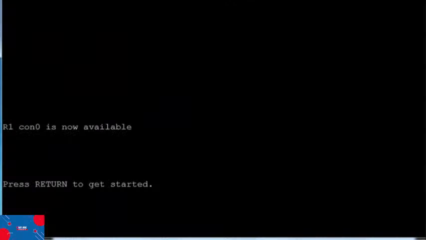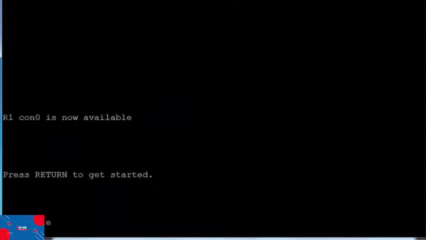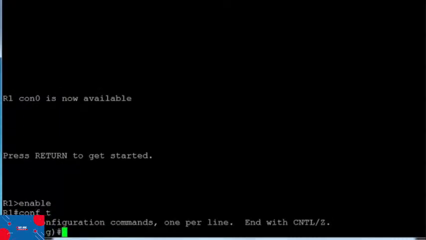So I'm back in R1, and I've already configured R3 and got OSPF authentication and the NTP to work on R3. So now I'm going to run through it really quickly on R1. So on R1, the first thing we want to do is get OSPF back up and running. So to do that, I'm going to go to global config mode and type keychain